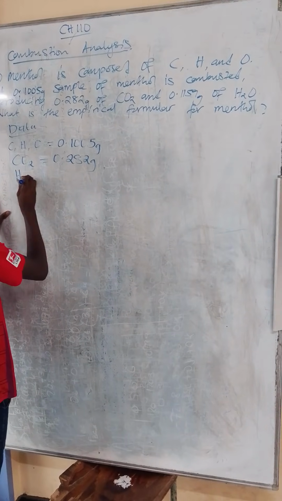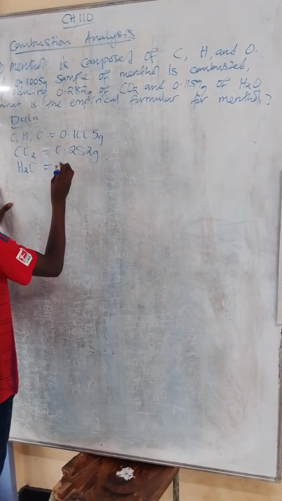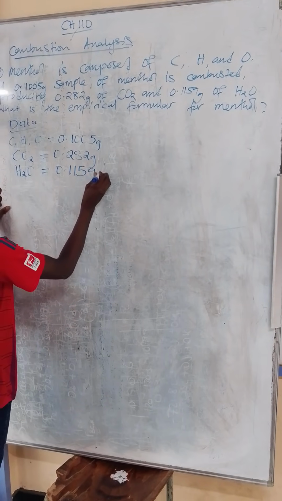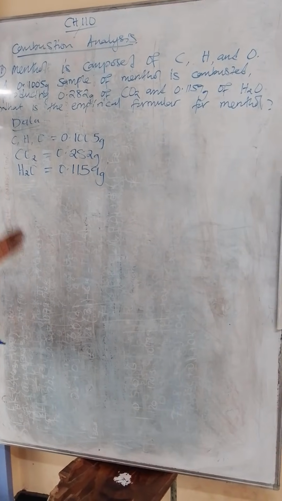For water it is 0.1159 grams. Now we know that for us to find the mass in carbon dioxide,